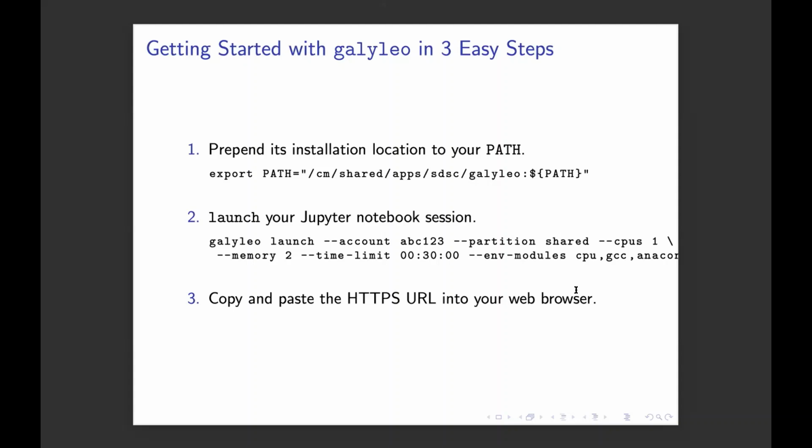Sorry about that, I got a little cut off. So there are really only 3 steps to getting started with Galileo on Expanse. Again, I mentioned you basically just put it in your path for your shell once you've logged in, and you can run this on the login node. It's fine in most cases, I would say. We've had a few issues, but